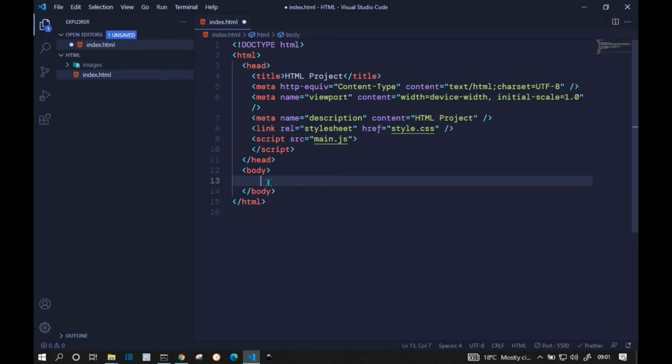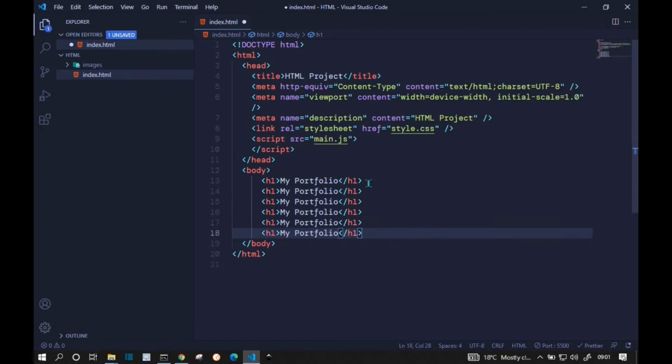So inside the body, we will start by talking about the headings. Headings range from H1 to H6. H1 is the biggest, H6 is the smallest. If I type H and then scroll to the top, you can see we have H1 to H6. When I click H1 and then I say maybe my portfolio, and I can duplicate this using Alt, Shift and the down arrow. I duplicate 5 more times and I change this to H2. Remember to also change the closing tag there. Include an H3 up to H6, okay?